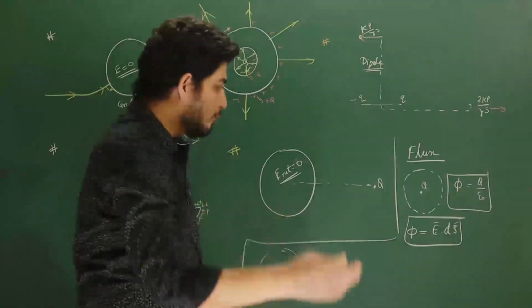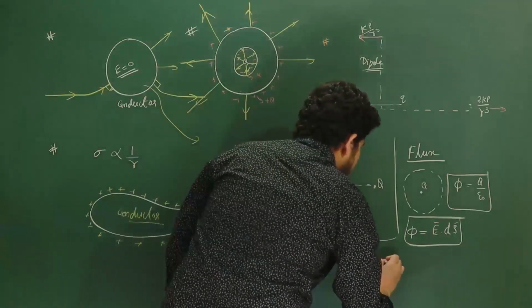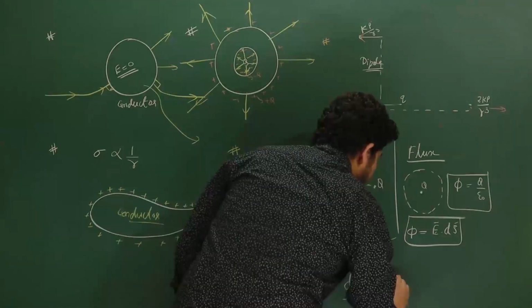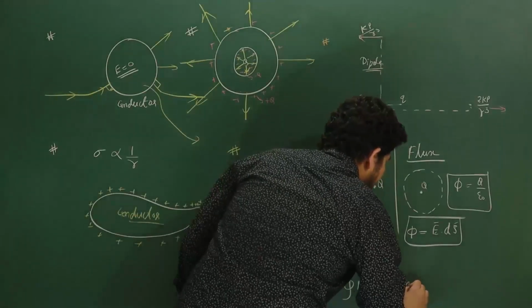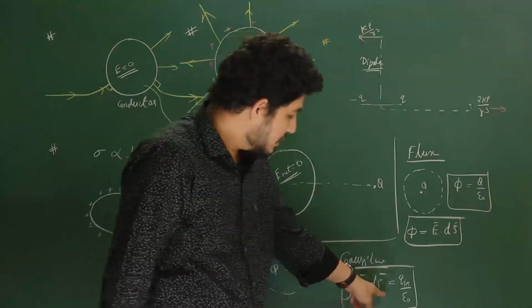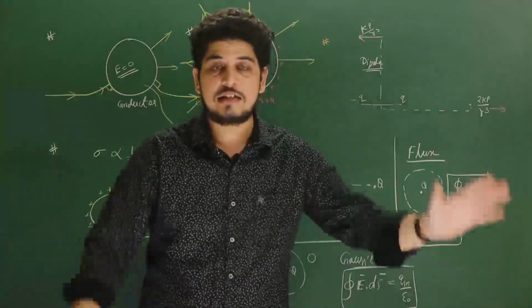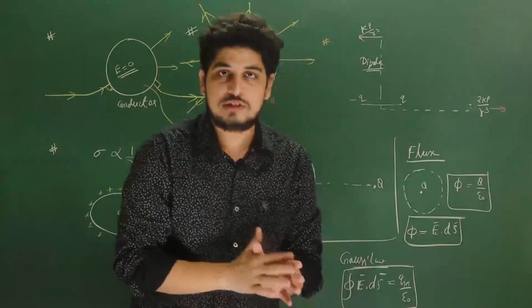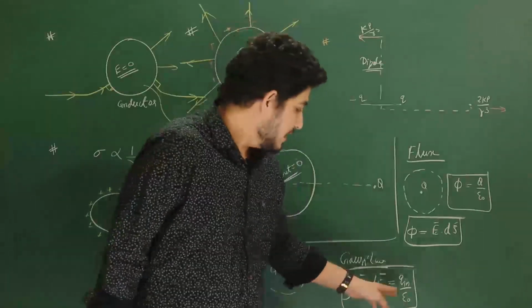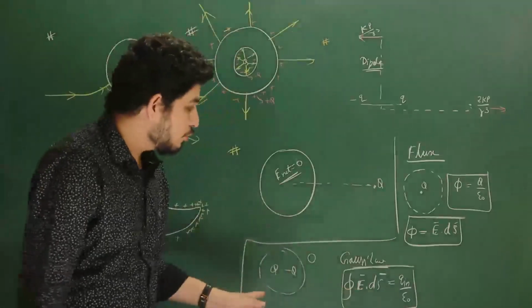From this flux we discussed Gauss law as well. And what is Gauss law? It is also very simple. The integral of E dot ds is equal to q inside by epsilon naught. It is a very important thing in electrostatics. What is E? E is the electric field due to all the charges, whether inside or outside the Gaussian surface. ds is the surface area and q inside is the charge inside the Gaussian surface. So these are the important concepts we have discussed here.